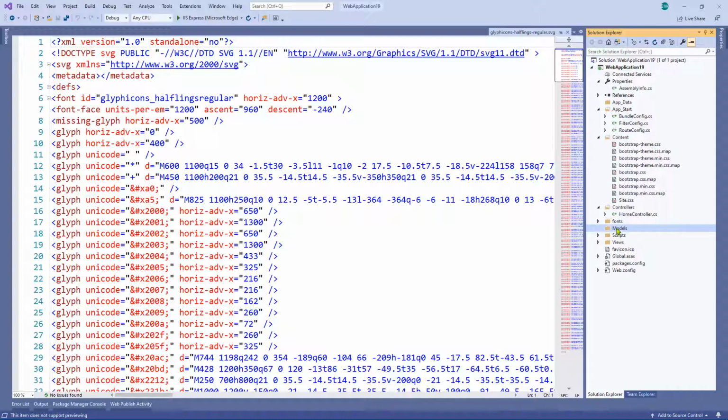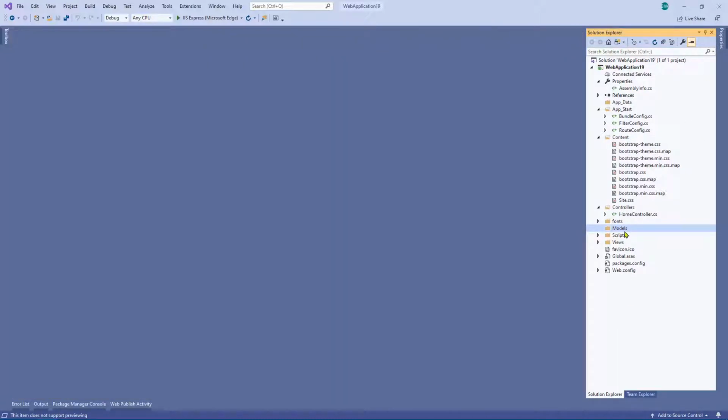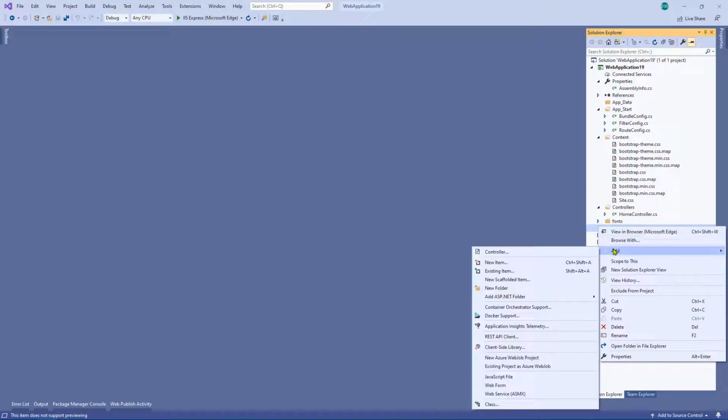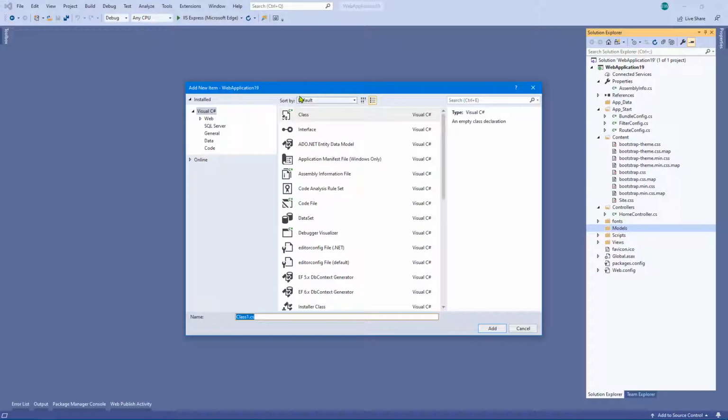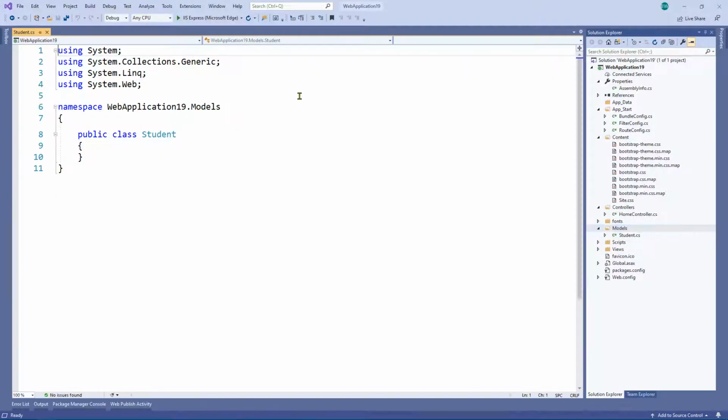Below that we've got models, which is where the M comes from in MVC. Now in this instance we don't have any models, but the models will essentially just be classes that represent objects within your problem domain. So for example, if your project was based around a university type of application, then you may, for example, have a class in there called student,